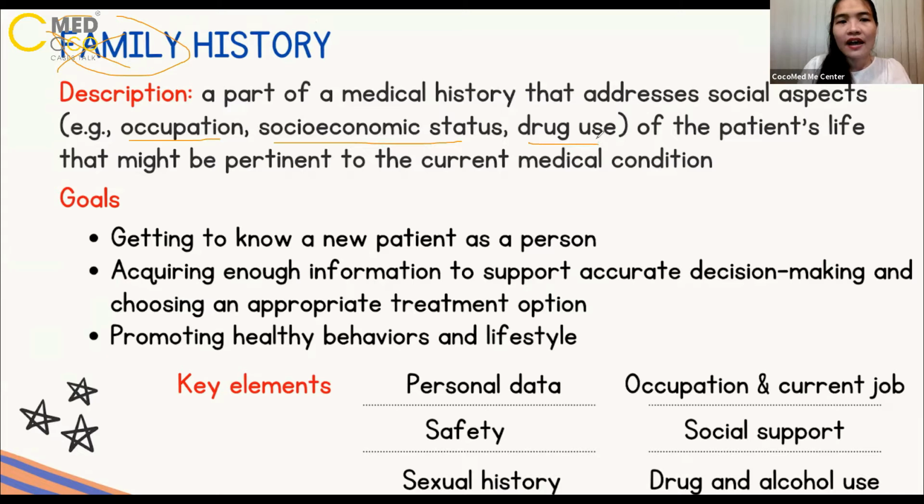So for the social history, you need to understand their major, their socioeconomic status, their drug use. You need to know the patient as a person, because only the symptoms or the past medical history may not be enough to draw the picture of the patient. Sometimes you need to know them as a person, because they have common things in their life, some habit, something related to their